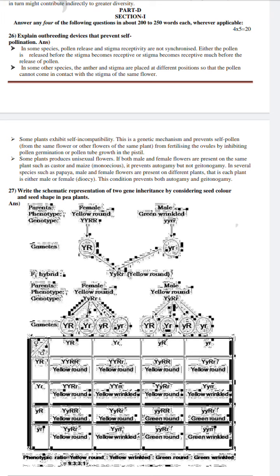But the thing is, you must read thoroughly each and every line, each and every chapter completely. And I think you are aware of the deleted chapters also. So you don't touch the deleted chapters, and you read 100% the chapters which are present for the examinations, which are written for examination only. So 26th question, explain the